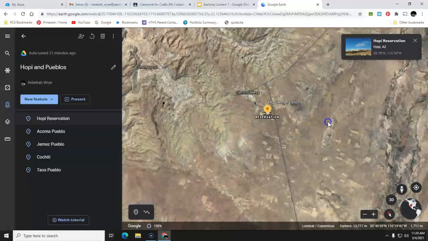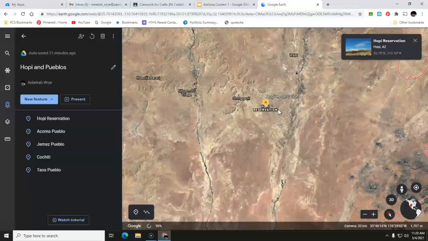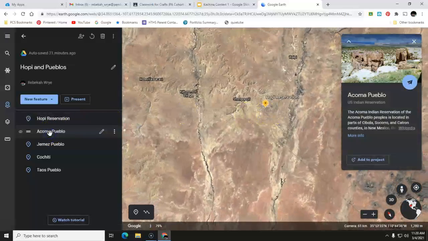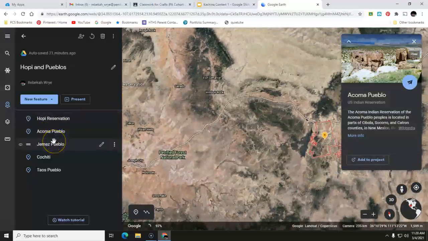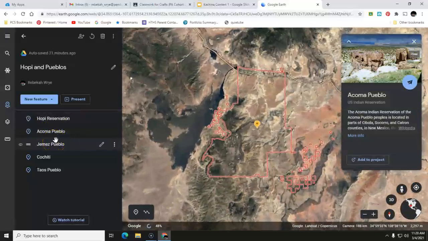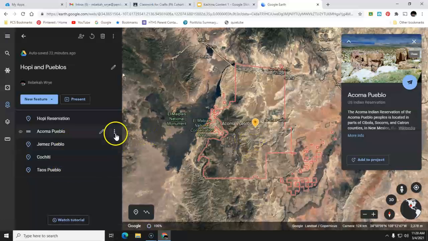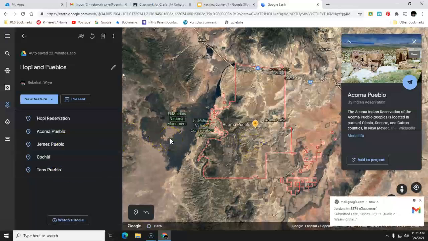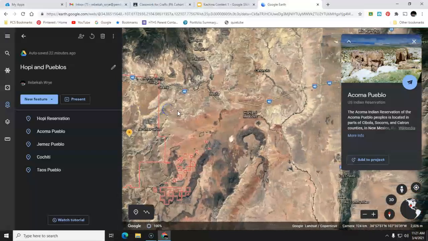So you're going to go to the Hopi Reservation, the Acoma Pueblo, which you slide over into New Mexico, Jemez, Cochiti, and Taos. And for your assignment, again, you are writing down 3 things that you notice, and you are going to explain how when you go to the Taos Pueblo,